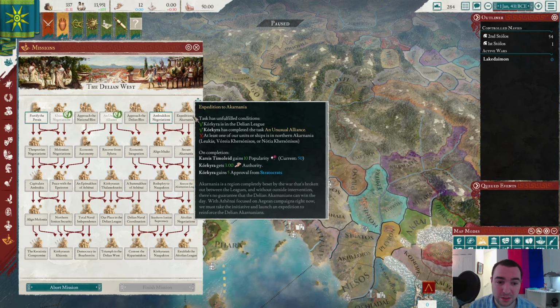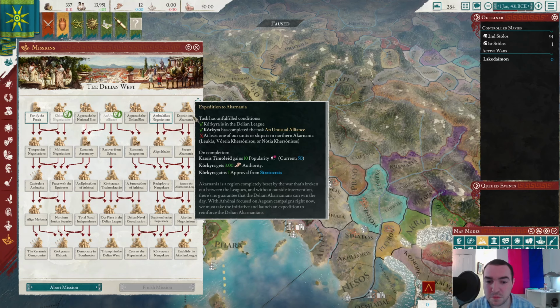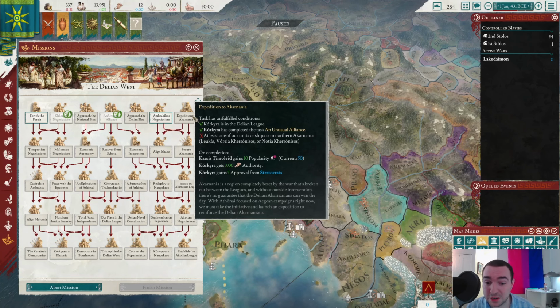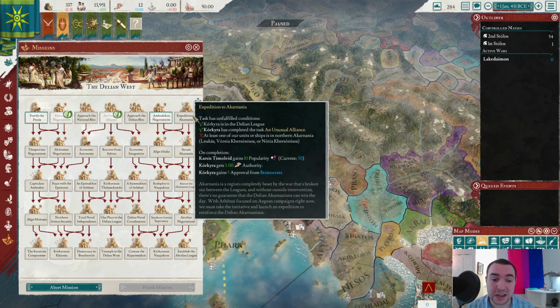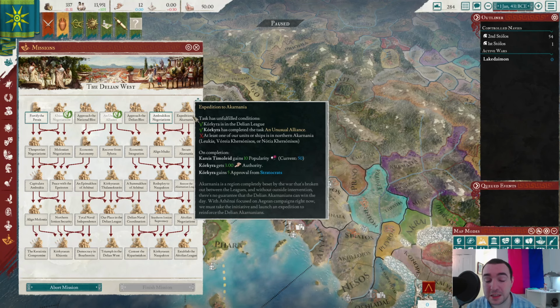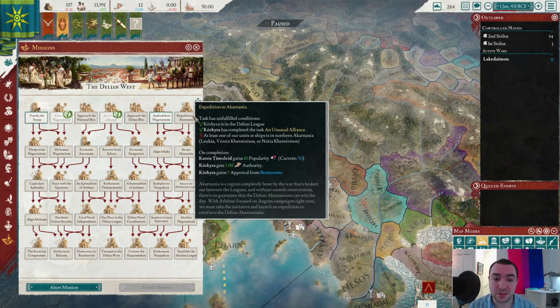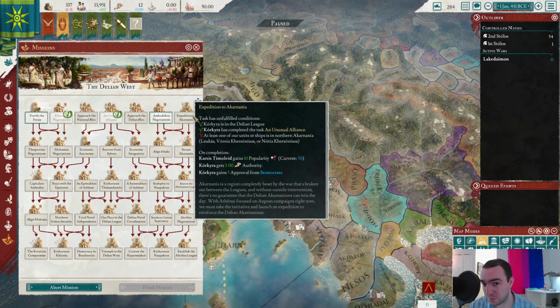And then finally on the right here, Expedition to Acarnania. Acarnania is a region completely beset by the war that's broken out between the leagues, and without outside intervention, there's no guarantee that the Delian Acarnanians can win the day. With Athenai focused on Aegean campaigns right now, we must take the initiative and launch an expedition to reinforce the Delian Acarnanians. So this one requires a single unit or ship, really it should be more than that, to be